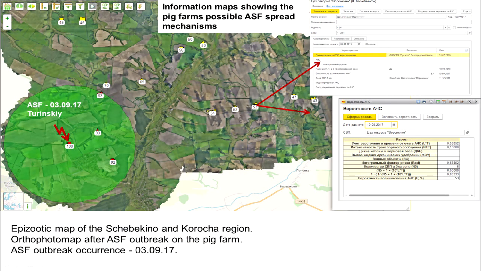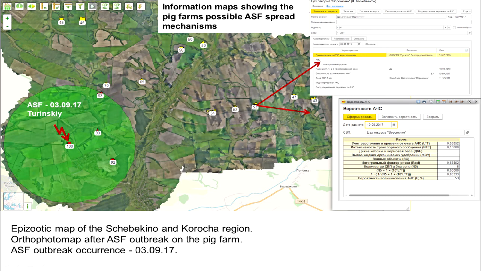Using data of Anderson and May, world-famous epidemiological researchers, we used a neural network to calculate the probability of ASF spread among pig farms in the Belgorod region. The result of the neural network is shown on this slide. The numbers shown on this slide represent the percentage of the probability of ASF occurrence in pig farms depending on the above 9 factors. For each pig farm, the probability of ASF spread can be calculated using the above factors